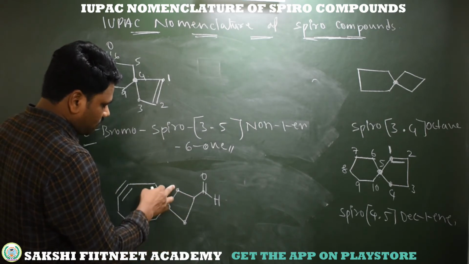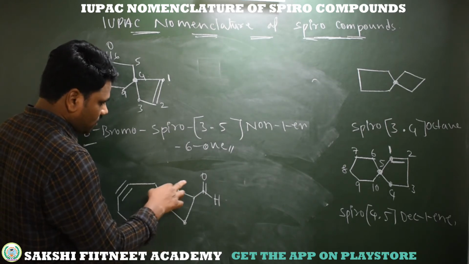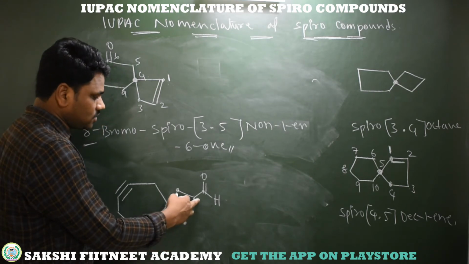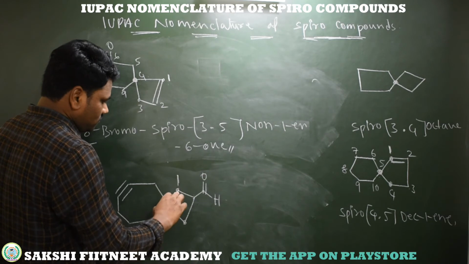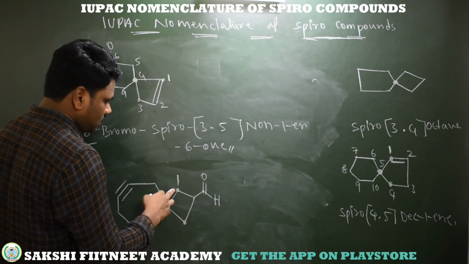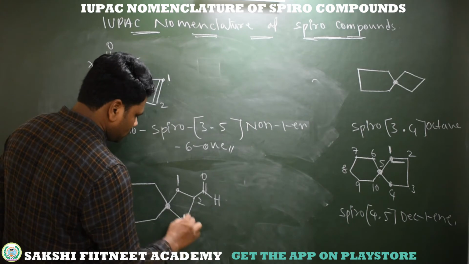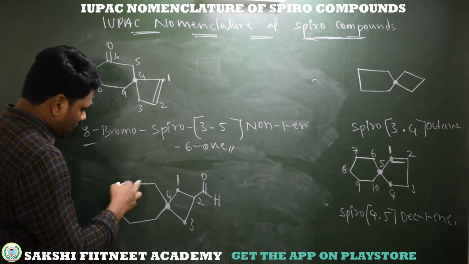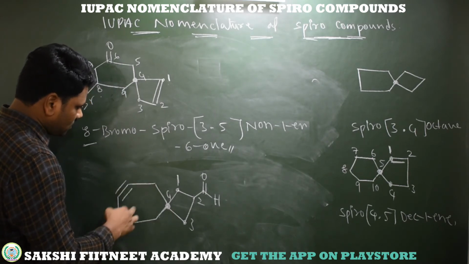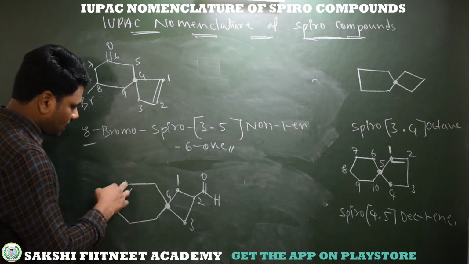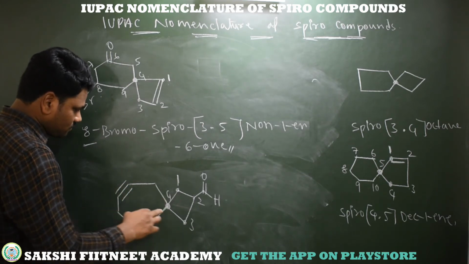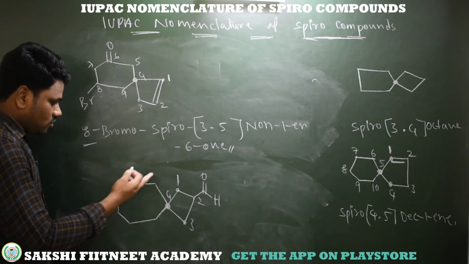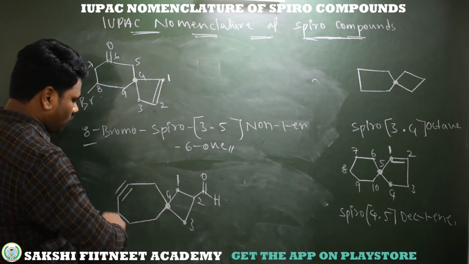So I can start numbering from either of these two, because if I start from here, the aldehyde gets the second position. If I start from here, it also gets the second position. So there is no problem starting from this carbon or from this carbon. I am starting from this carbon, first, second, and this is third, it's fourth. Now following anti-clockwise, because here 4 5 6th. If I follow anti-clockwise, then 5th, 6th, at 6th position we are getting unsaturation. If I follow clockwise, 5th 6th 7th 8th, I am getting that unsaturation at 8th position. So according to the least locant rule, I am following anti-clockwise.